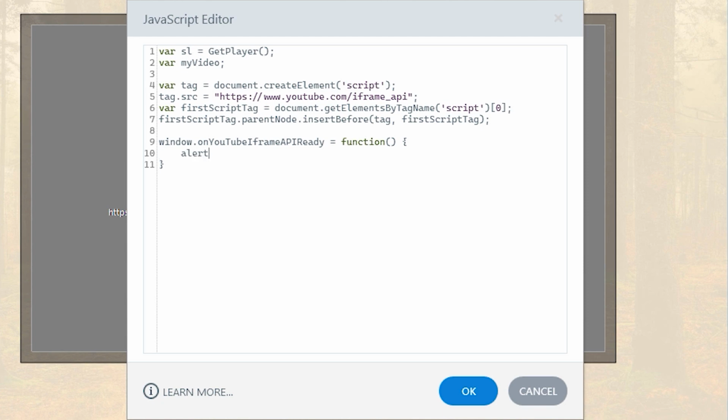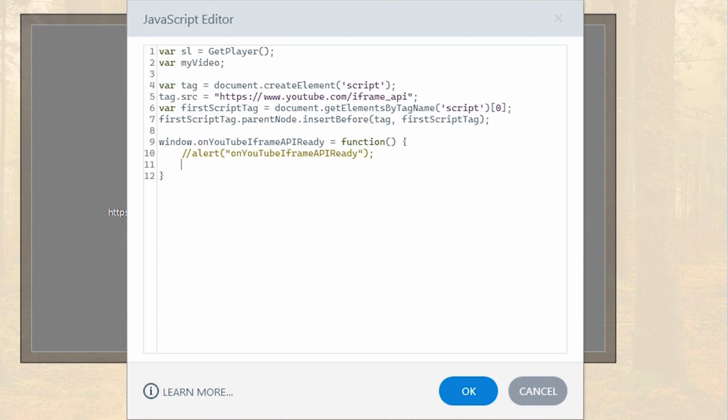If we wish to, we can add an alert at this stage as a debugging measure, just in case we get to a point in our code where we encounter a problem. That way, if we don't see this alert, then we know that the API did not load correctly onto the slide. I'm going to comment this line out using 2 forward slashes, but feel free to keep this in your project to view the result.